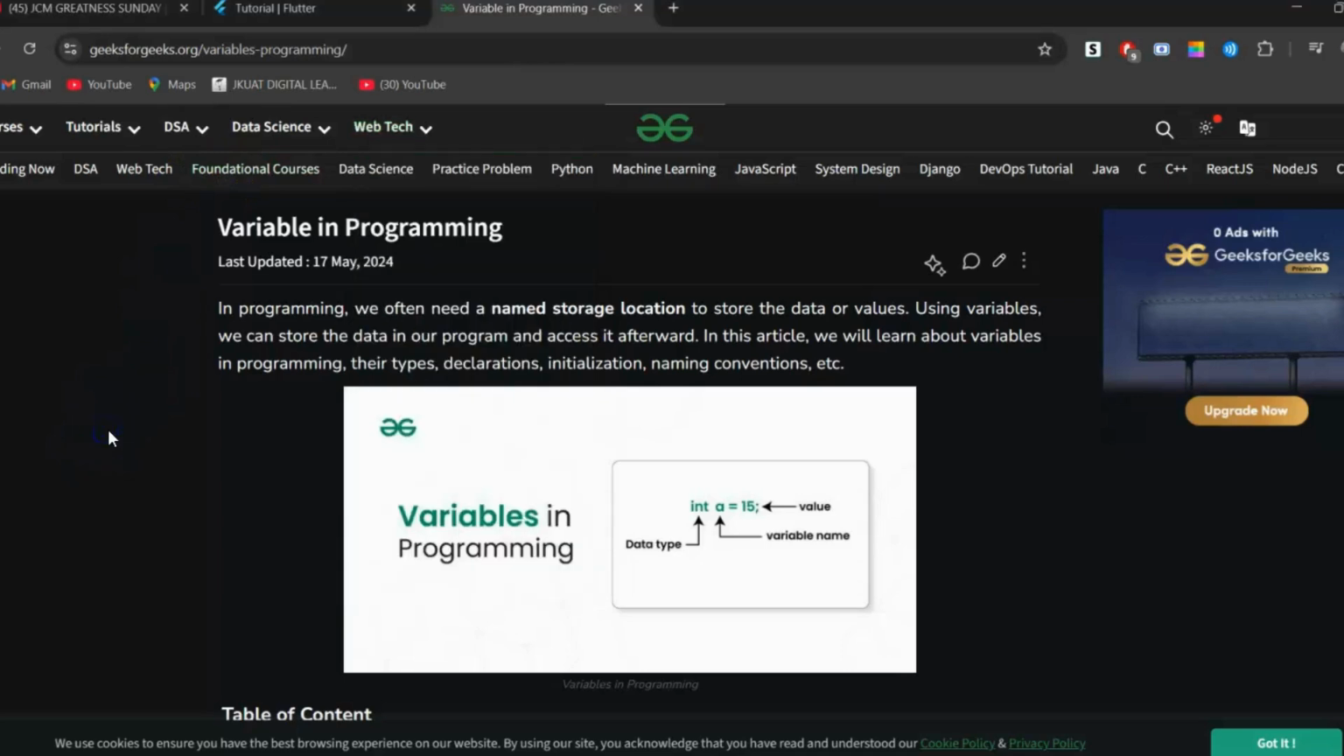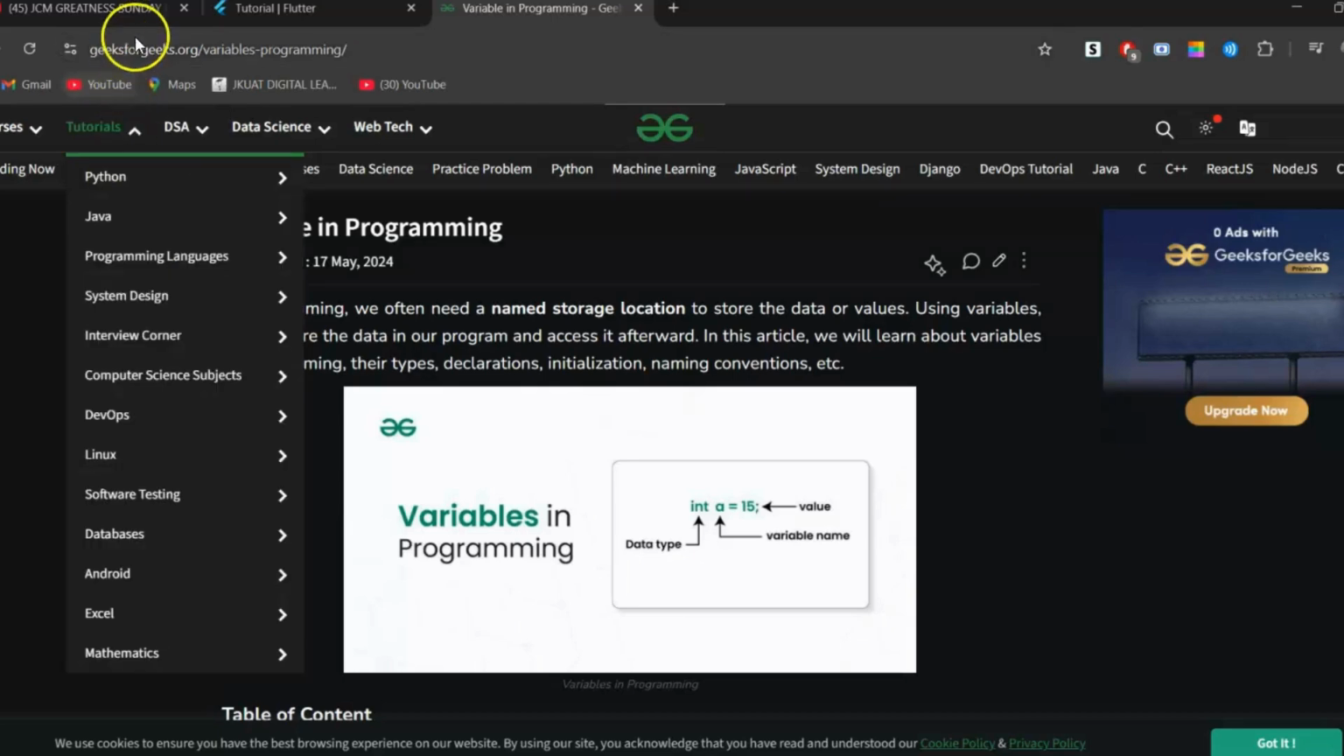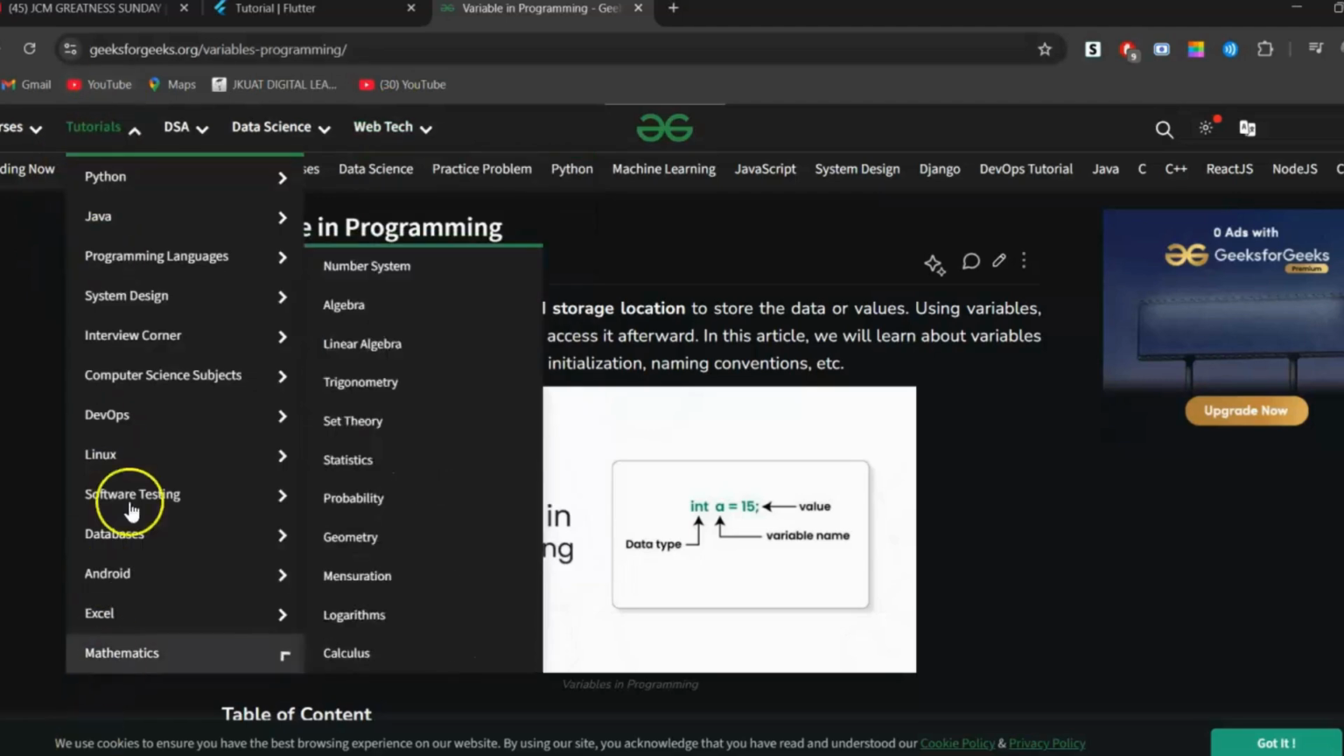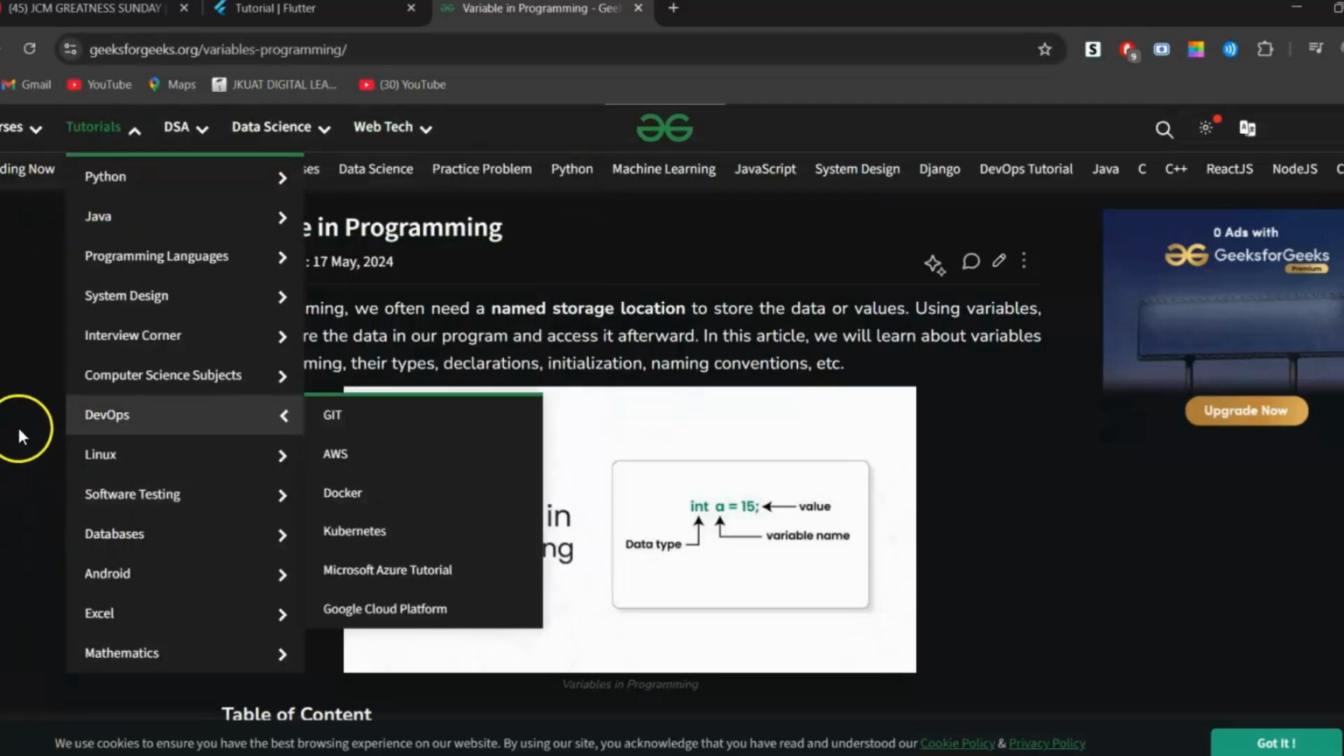So I am using this site gigs4gigs.org to help you gather a basic understanding of what variables are. Later on we will go on to coding and I will show you how to use the knowledge that we gather from this site in our application. The site that I am on is Gigs for Gigs. You can check it online. The site is gigs4gigs.org